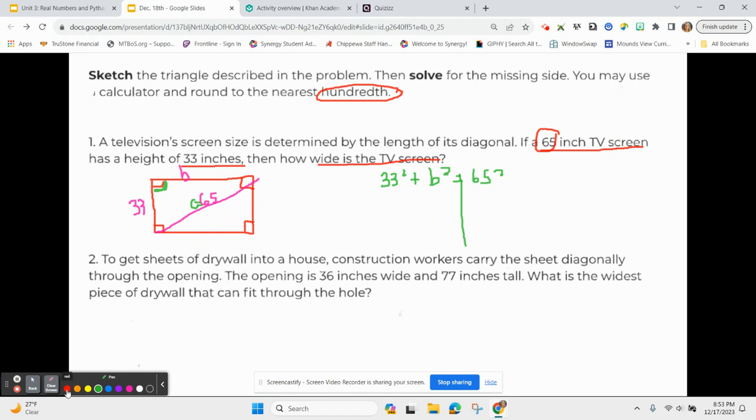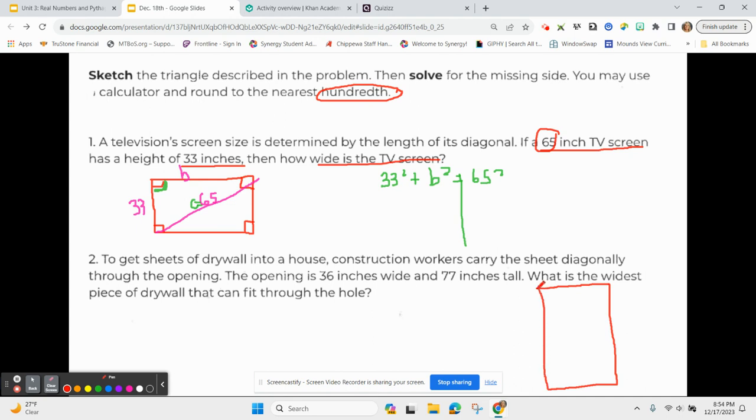Number 2, let's just look at the setup. To get sheets of drywall into a house, construction workers carry the sheet diagonally through the opening. The opening is 36 inches wide and 77 inches tall. What is the widest piece of drywall that can fit through the hole? So your door, let's say this is our door, and I'm going to come over here just to give me a little space. So if this is my door opening,